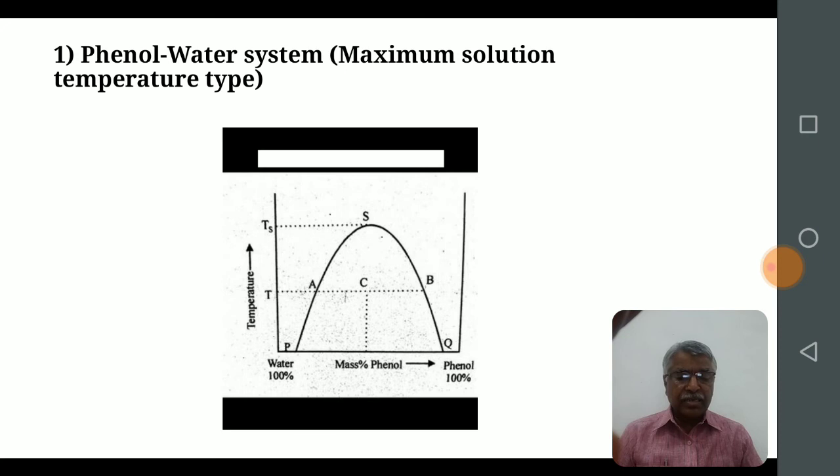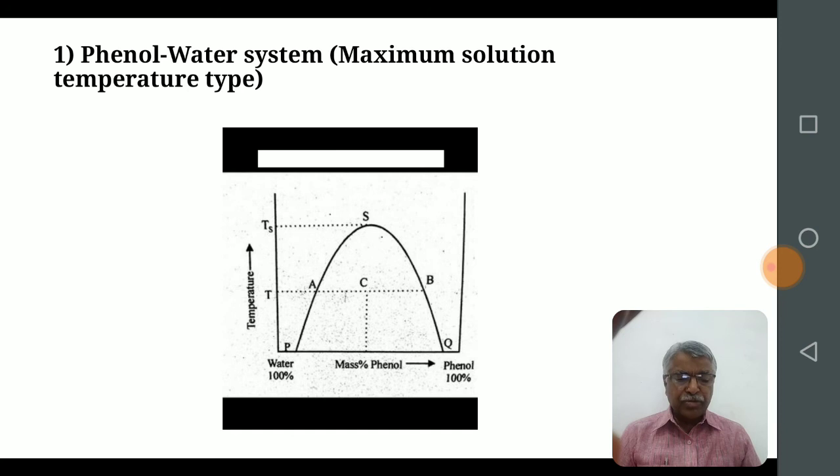As temperature increases, the concentration of phenol in water as well as that of water in phenol goes on increasing, and ultimately at a certain temperature the two conjugate solutions change into one homogeneous solution. This temperature is known as the consolute temperature or critical solution temperature. Thus, CST can be defined as the temperature at which two liquids which are partially miscible become completely miscible in all proportions. This temperature for the phenol water system is found to be 339.5 Kelvin. The composition of the solution is 36.1% phenol and 63.9% water.